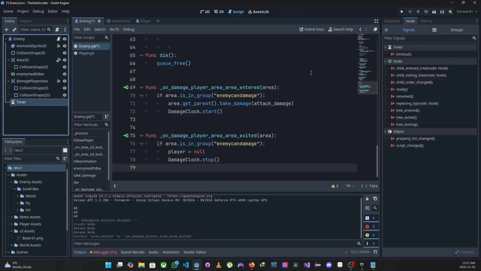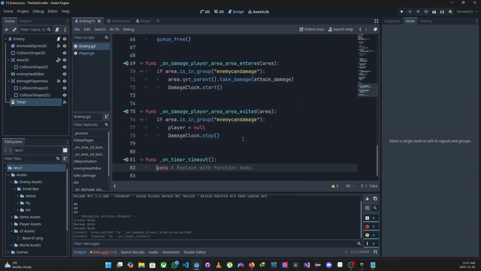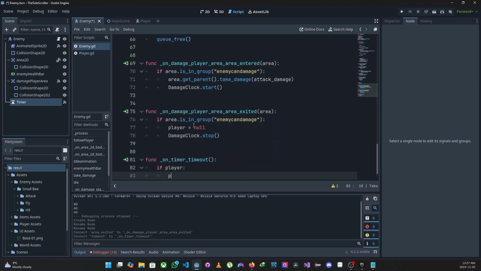Then we also need a signal on the timer. So when it times out, what do you want me to do? I want you to restart and start giving the player damage again, and then when the player exits, stop, and then when the player enters, I want you to restart. So it's a kind of like a loop here. So all we have to just say is if the player is back into the sphere of damage, all you need to do is player